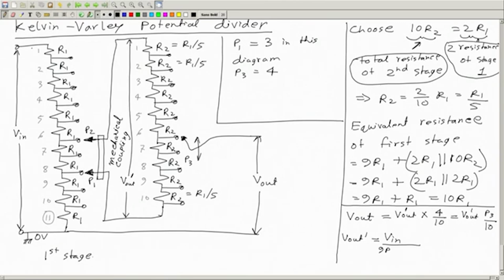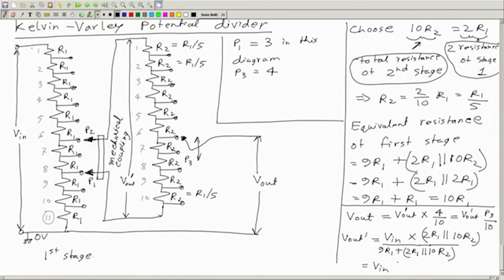This is 9 R1 plus 2 R1 parallel 2 R1, or we can write first 10 R2. This is V in divided by this and multiplied by the equivalent resistance between these two terminals, which is this plus this. So 2 R1, not plus, parallel. Then this comes out to be V in,